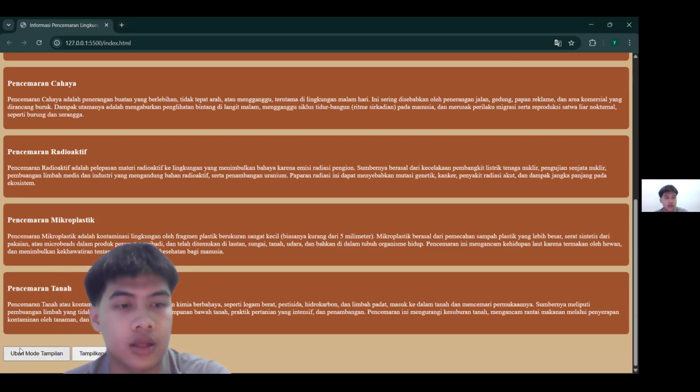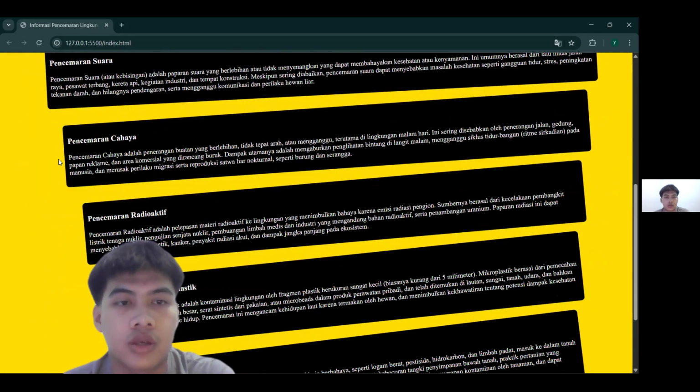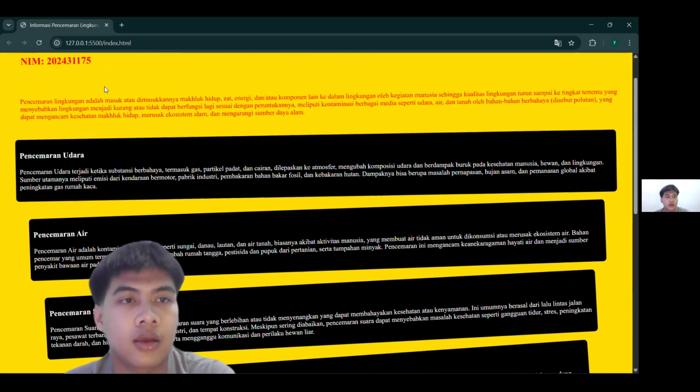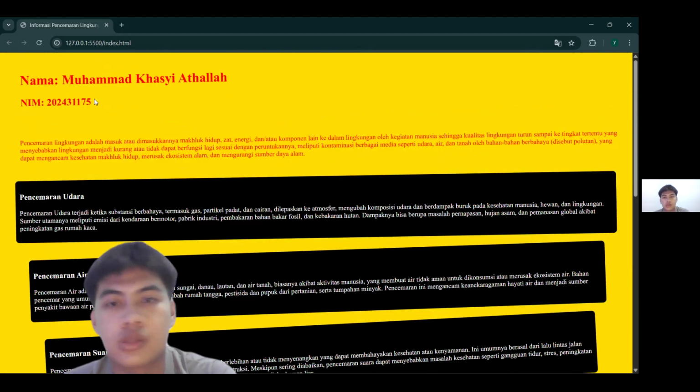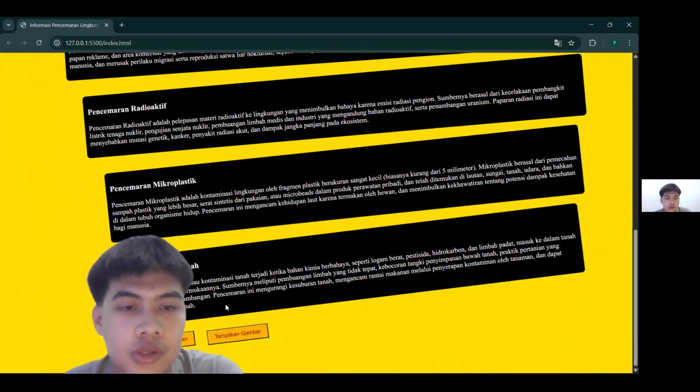Let's see when I click "ubah mode tampilan." You can see the layout of the page is so messy, and the colors are yellow, black, and red, and it's not good. And the position is so messy.